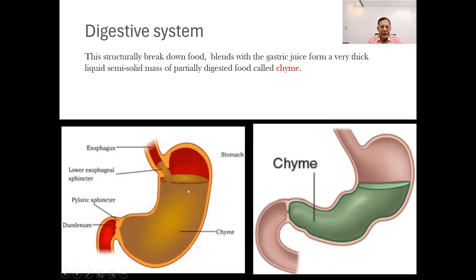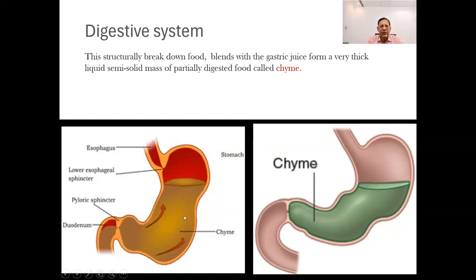Chyme is, by definition, just a semi-fluid mixture of partially digested food and stomach secretions that forms in the stomach during the process of digestion. So it is the result of mechanical and chemical digestion of food in the stomach, where the bolus of food undergoes further breakdown to prepare it for absorption in the small intestine. The food particles in the chyme are smaller than those in the ingested bolus due to the grinding and churning